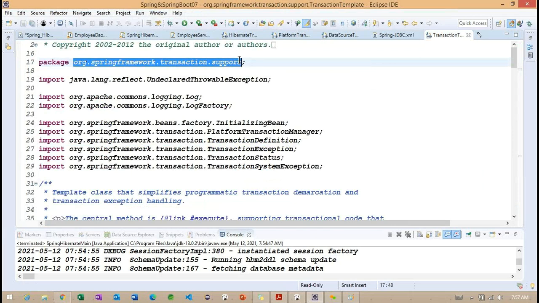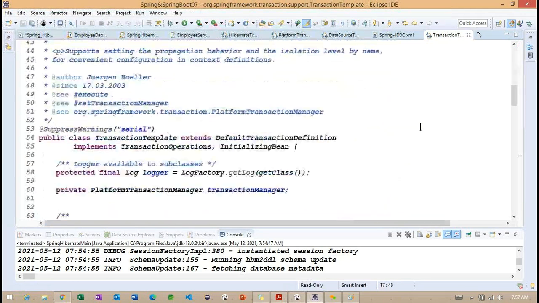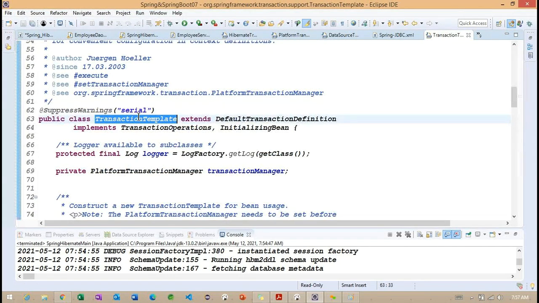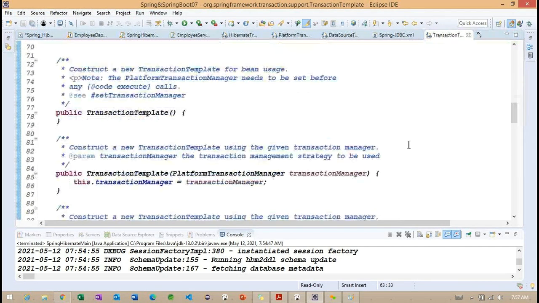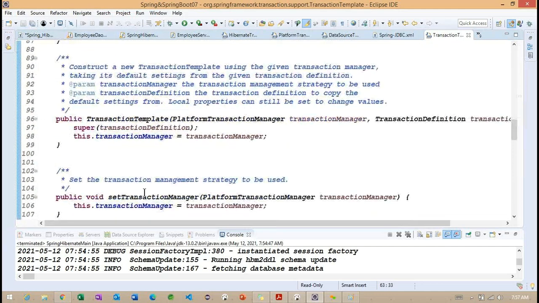The package here, which is available inside this particular support, and the class we are having is transaction template. Transaction template is expecting the setter, so we can call this particular transaction manager.